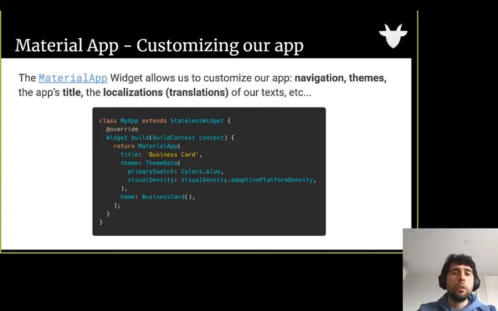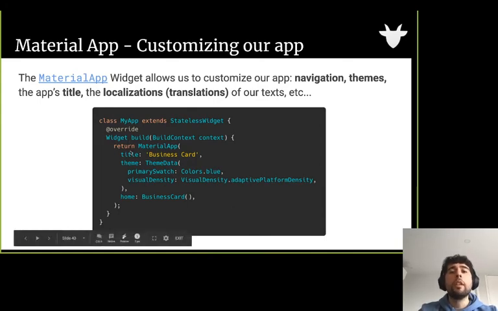In it, we are going to customize our application in terms of navigation, the themes that we are using, for example, the color scheme, the typeface of the text, etc., the title and the localization. Because, for example, I can have all my app's text in English, but maybe if a user has their phone in Arabic, I want to showcase my app displaying the Arabic text. So it's going to be mainly a widget called Material app. We define everything that we want.